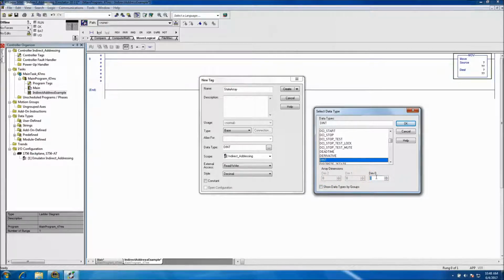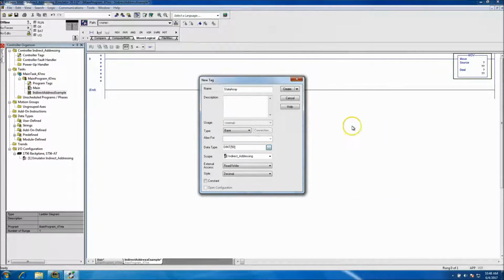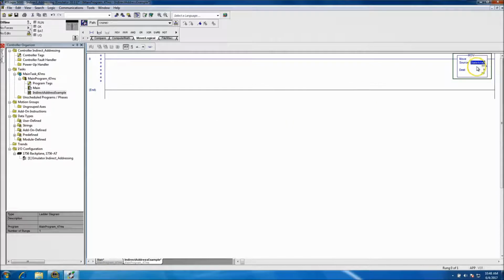So I just want to real quick make this like 50, something I'm never going to use. I'm never going to use all 50 of these dents. But I want to give myself room in case I want to grow. So real quick, I made that, and then